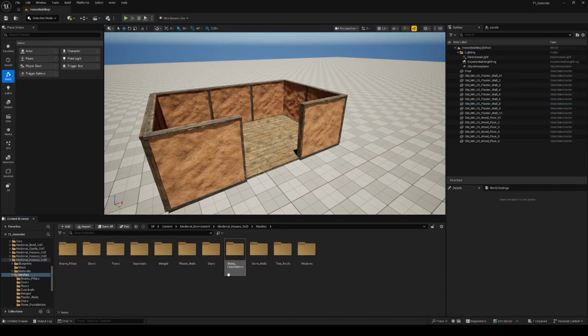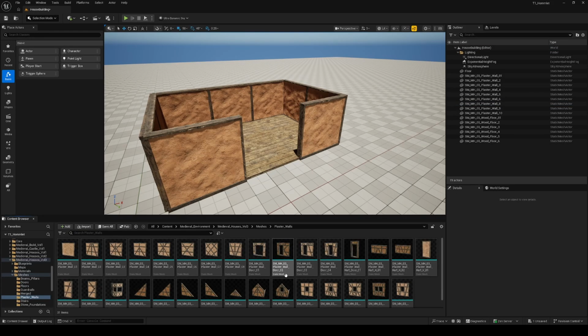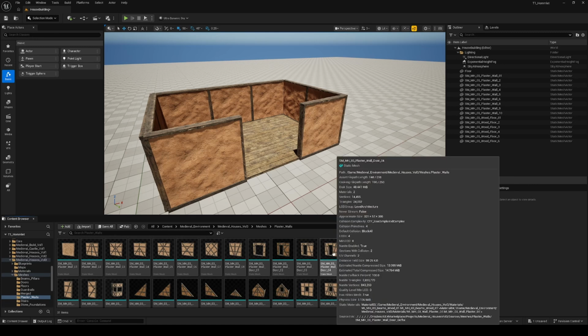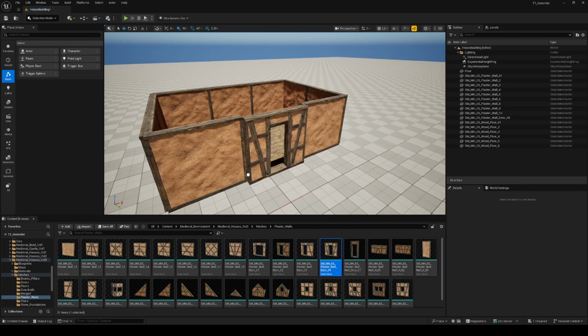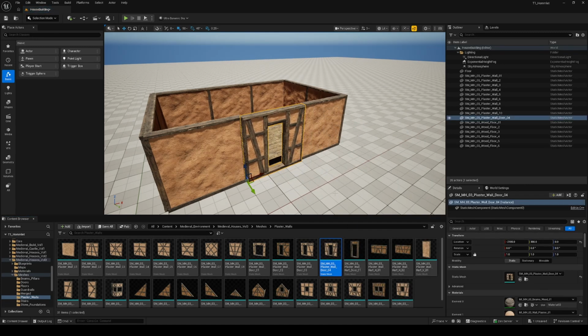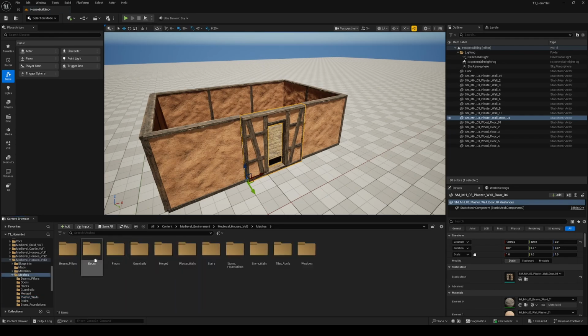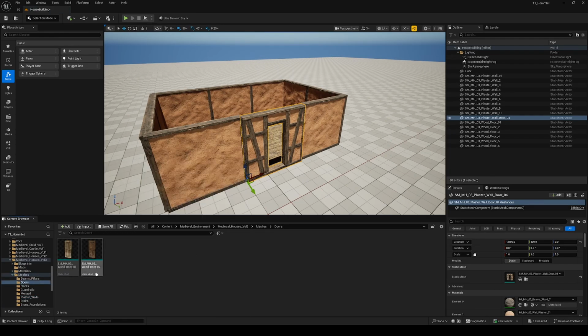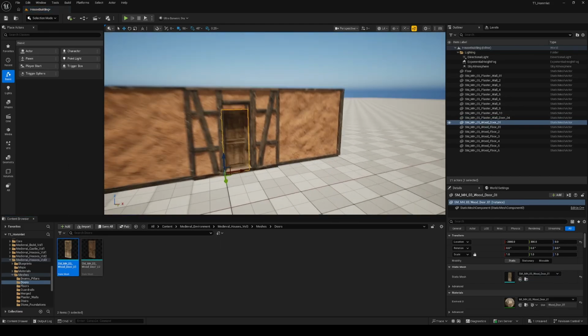We then go and find our plaster walls again, and we look for our single doorway. So we can now drag that into position. Snaps where we want it to. A little bit fiddlier when we want to actually put the door in, so we need to do a bit more fine tuning. You find a door mesh, drop it into place, and now if we just move our camera,